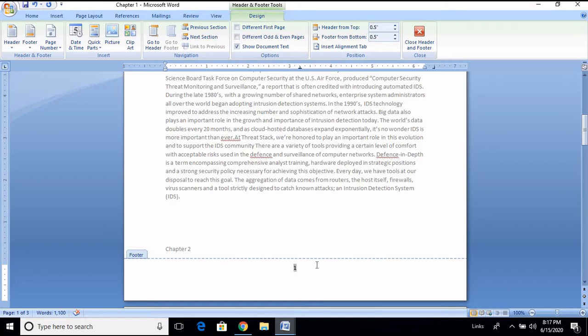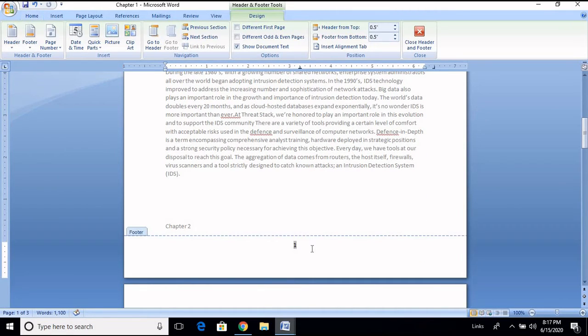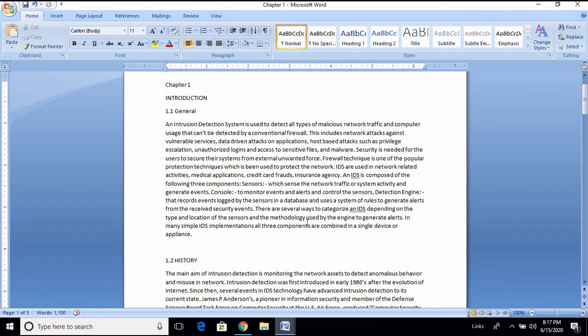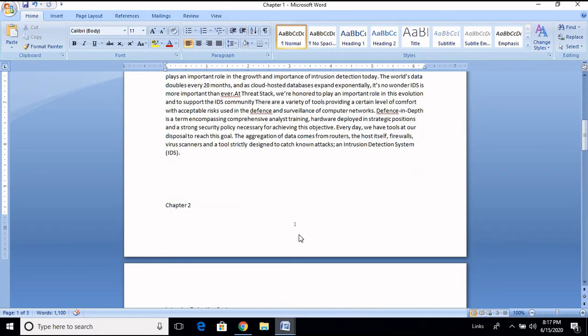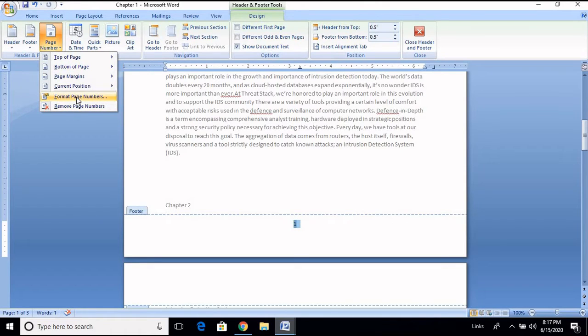Inserted. So this page number, if you close this, here you can see there is one page number, 1 is there. Suppose you want to start the page number from 9 or 10, because already you will have the front page, bona fide certificate, abstract, all these things. You need to start from, for example, 5, or from 9. So what you're going to do is, here in this page number, you double click it, go to this page number, and format page numbers.